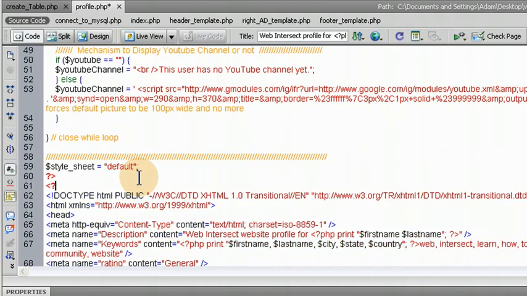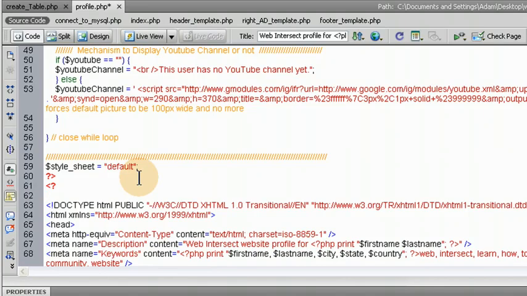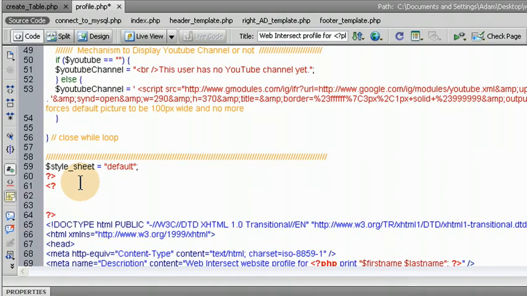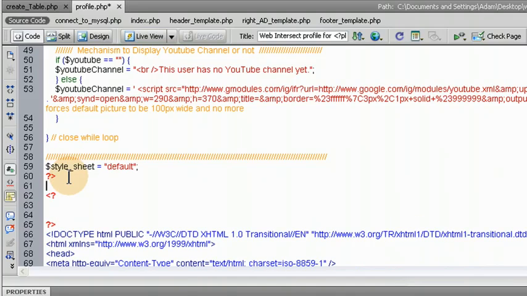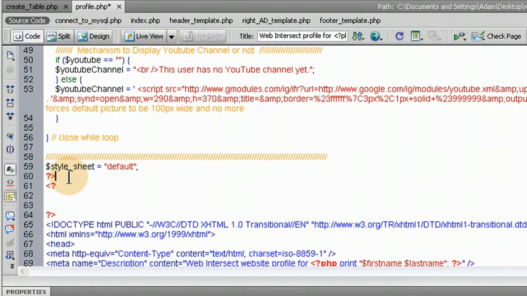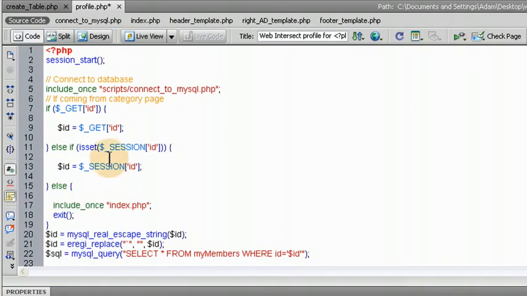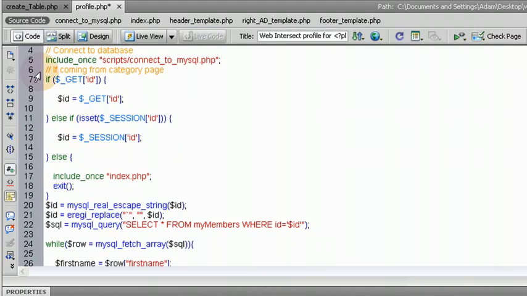And a whole new PHP section, which you could work inside of this PHP section, but I'm just going to make a new one. Right before that one closes, you could do all this work in there, but I'm going to do it in a new section. Okay, so inside of this section, we want to check to see if this is the logged in user. So this is really, it's doing the check for us already